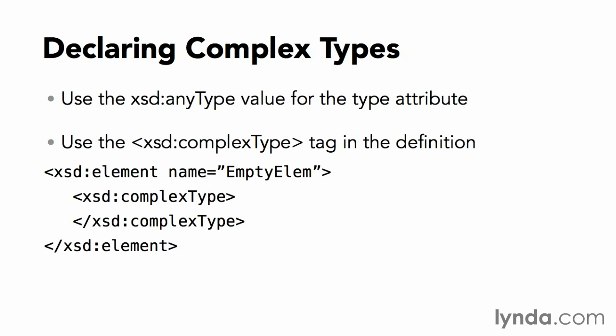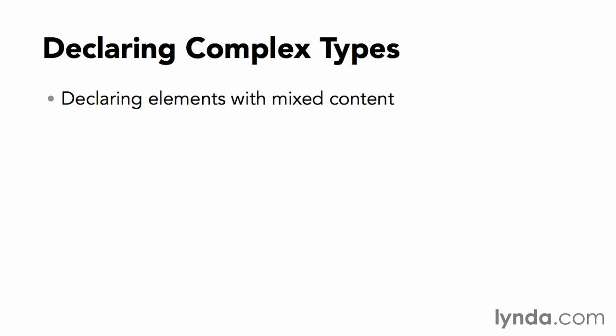Like DTD, however, you can also declare elements that have mixed content. And in this case, I'm declaring an element named title, and I want its contents to be mixed, which means it can contain both character data and other elements. Now recall earlier from the DTD section, it's possible to declare elements that have both character data and elements in them, and schema is no different. In this case, I'm using the complex type tag, and to declare it with mixed content, all I need to do is put